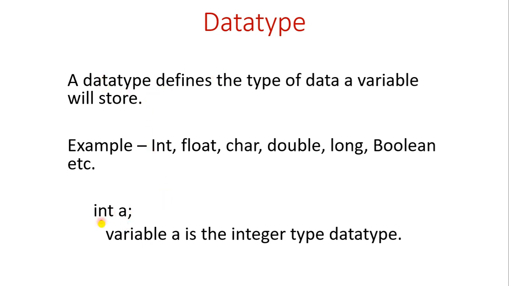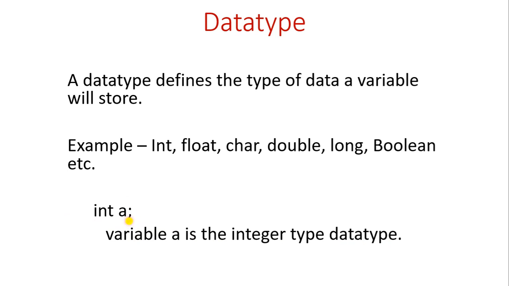This I will explain here. For example, int is a data type, a is the variable. So variable a is of the integer data type. It means when we write int a semicolon, then a gets the memory allocation in the memory. So whatever value a holds, that is data. What type of data does it hold? The integer type of data. That is what I have written: a holds the integer type of data.